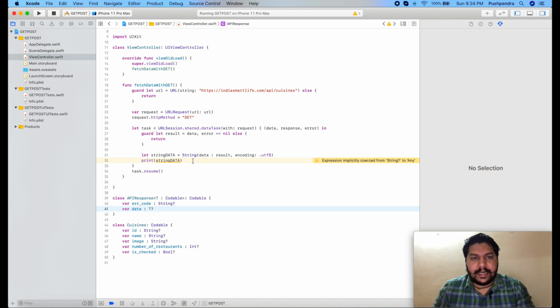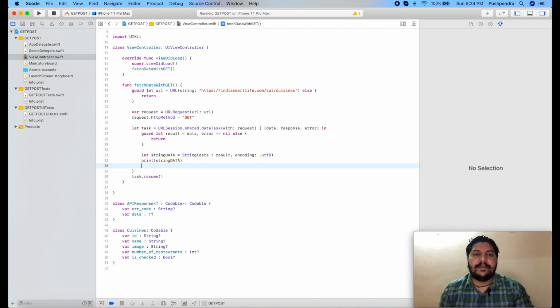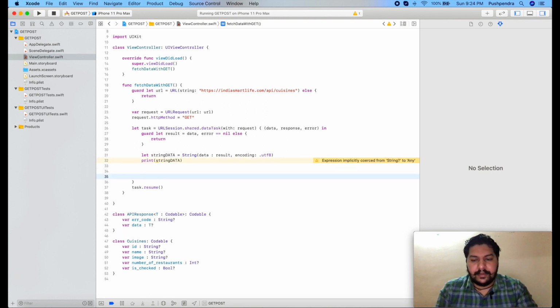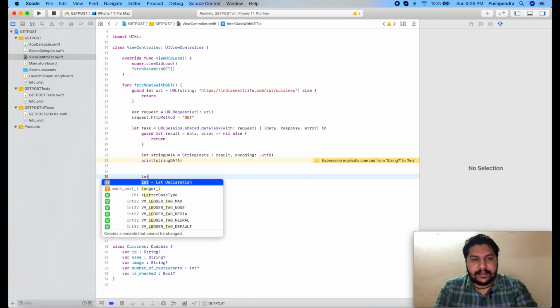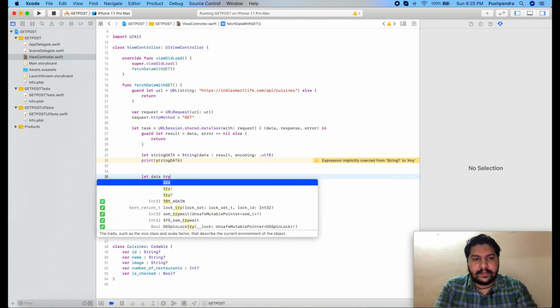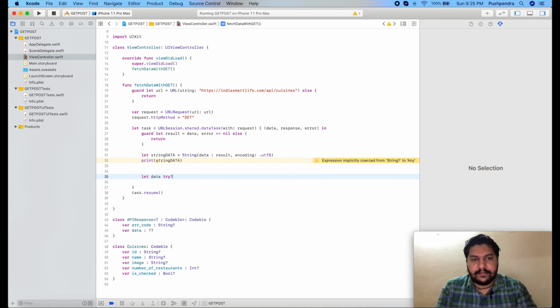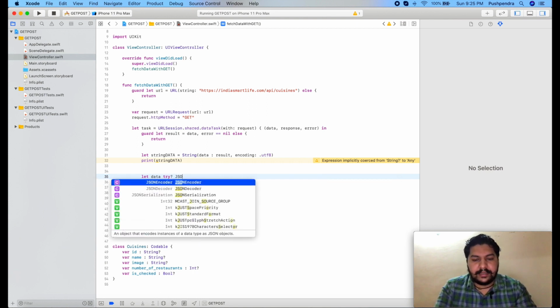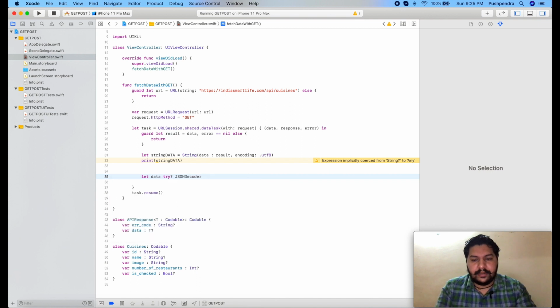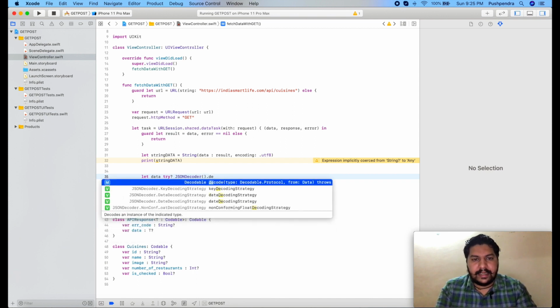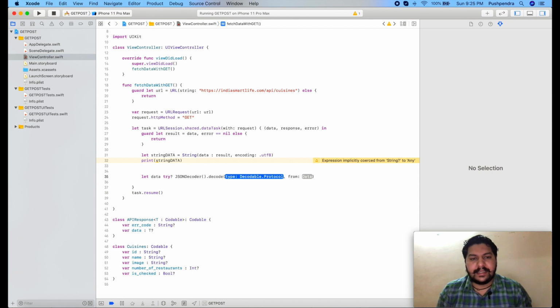Now how we can parse that? In previous videos I have already explained the parsing technique, so here I will use the same thing. So it is let data = try JSONDecoder().decode, and here we have to pass the type.